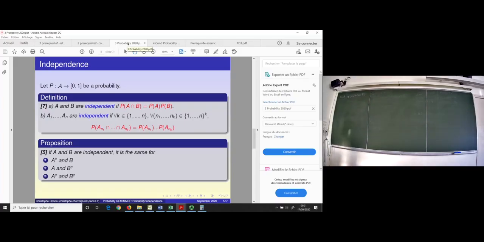So, proof of Proposition 5. My hypothesis in the statement is that A and B are independent. So P of A intersected with B is equal to P of A times P of B, by definition of independence. Okay? And what I want to prove is that